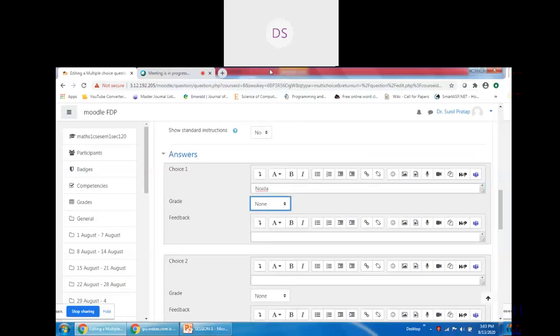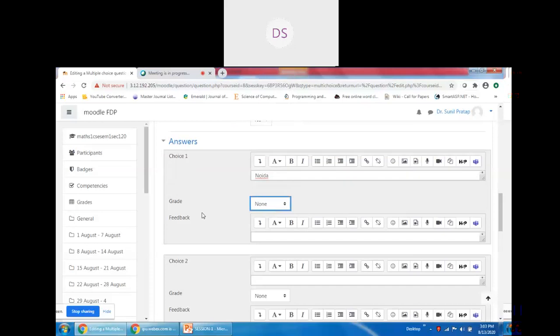If the student selects this option Noida, which grade will you assign? None or 100%? Obviously, the answer is wrong. So we will not give any grade to this answer. Okay.